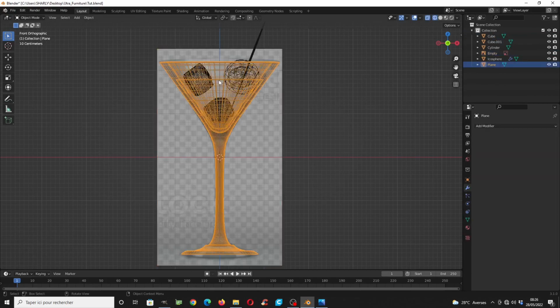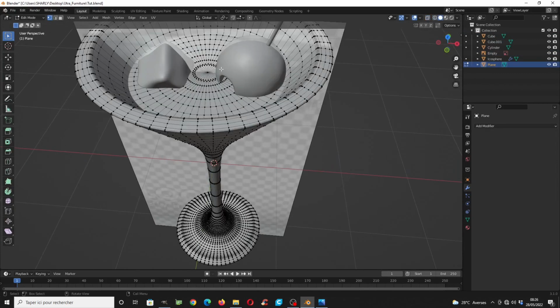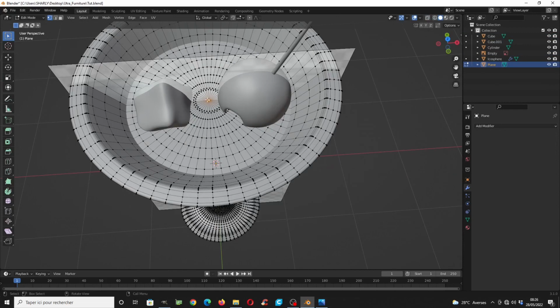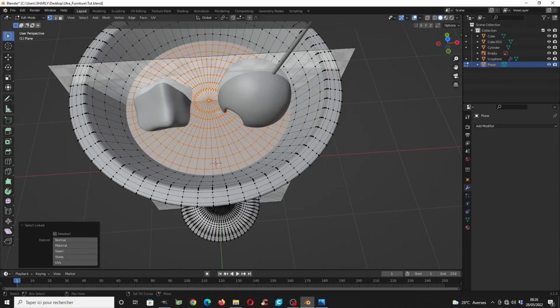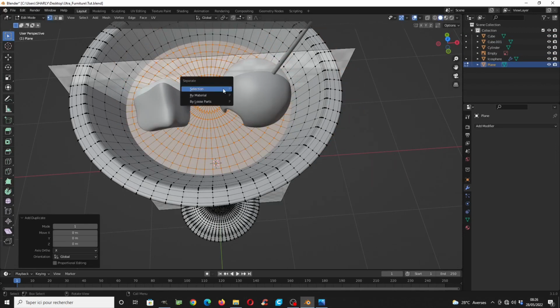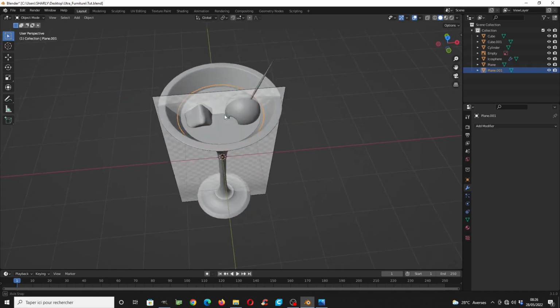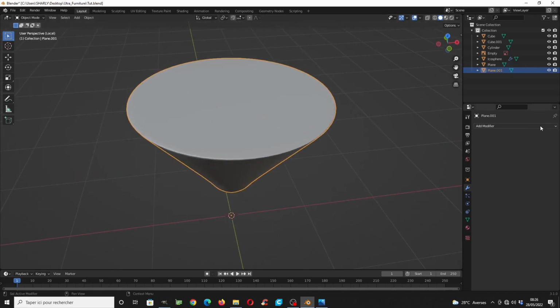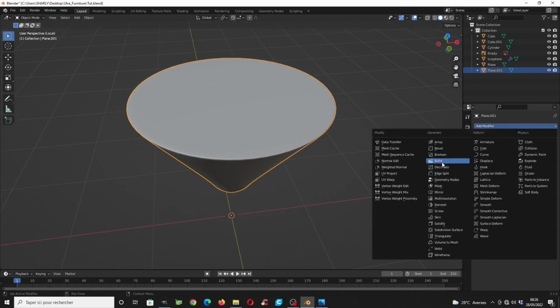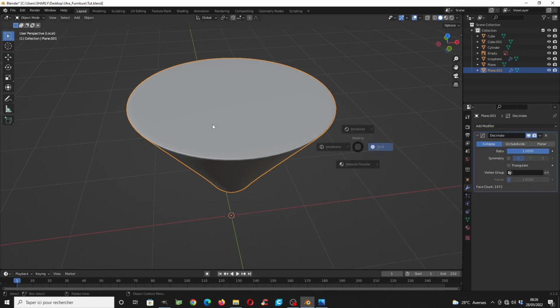For that we are going to use the liquid shape here, Shift D, press P to separate, make it a different object, and use decimate